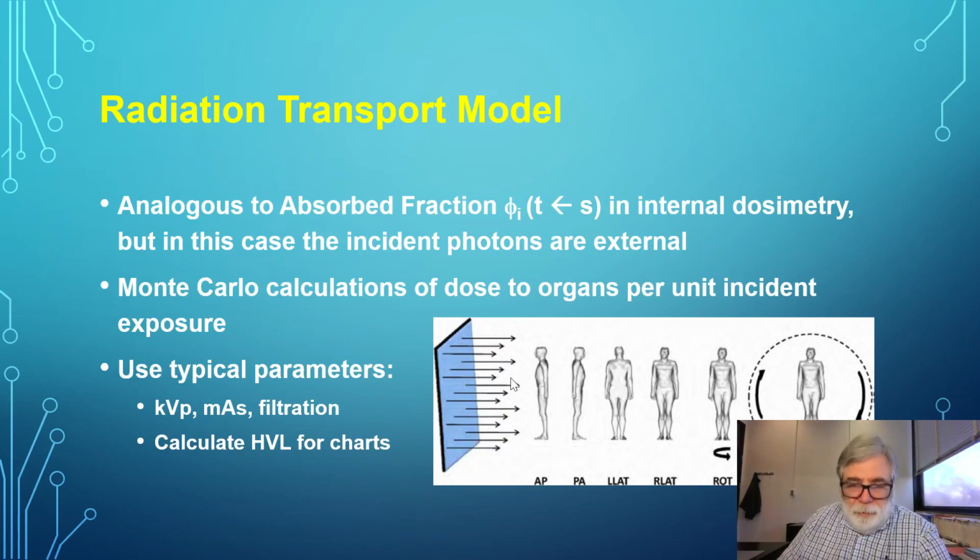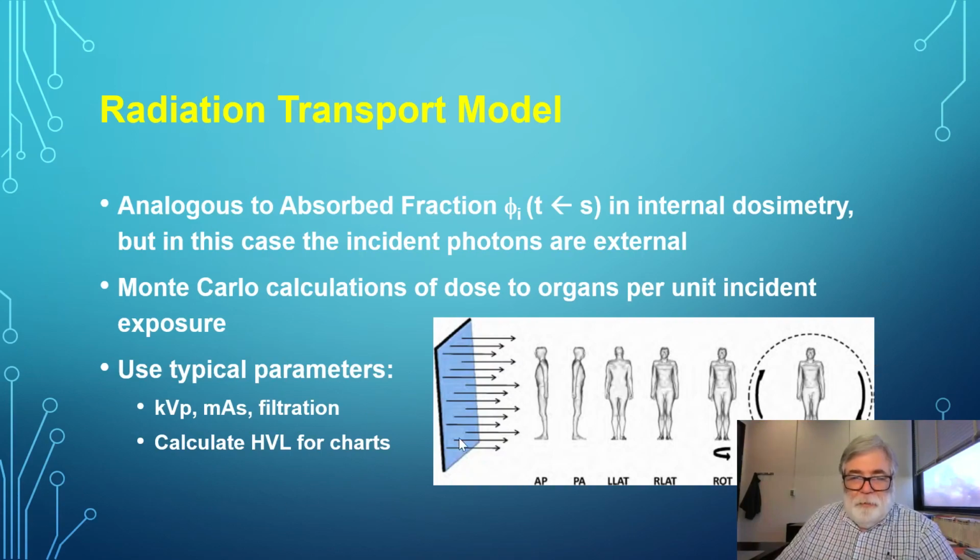So the radiation transport model is built up using this kind of geometry, evaluating photons passing through. It's a Monte Carlo type calculation, just like it was for internal dosimetry. It's very similar to the kind of calculations that are done. The parameters that are used in this evaluation are the beam energy, the beam spectrum. We'll need to know something about the mass. That will affect the dose. It doesn't affect this model. We just calculate what happens for a particular radiation per unit energy, that's per unit dose that's incident on a person. But all these different factors